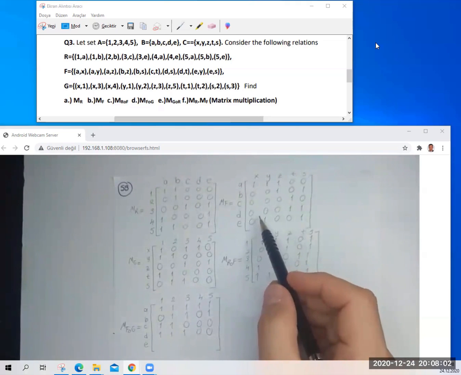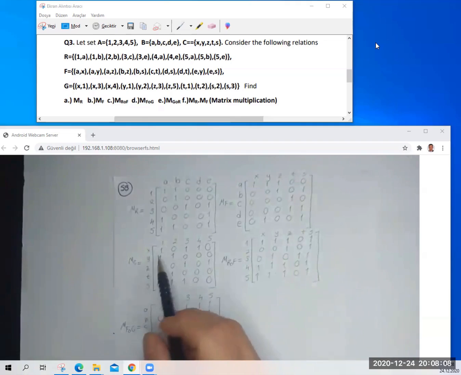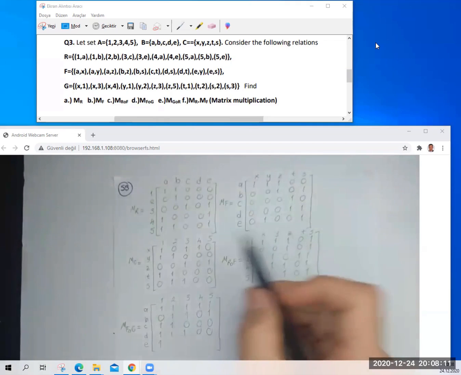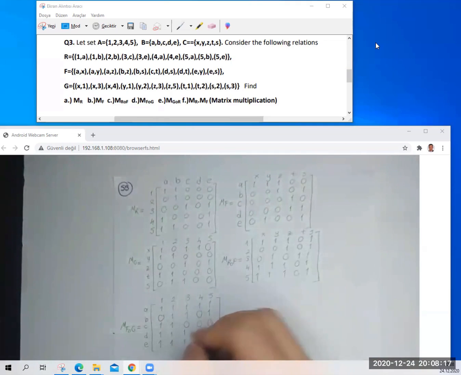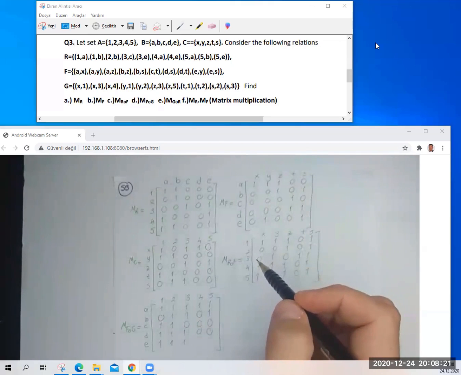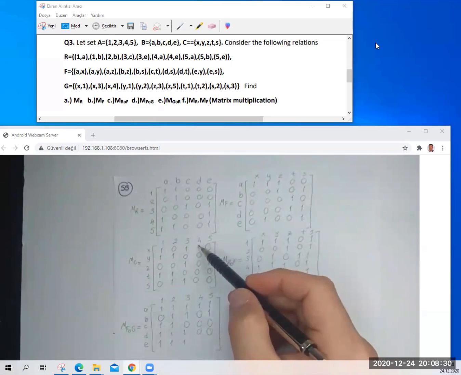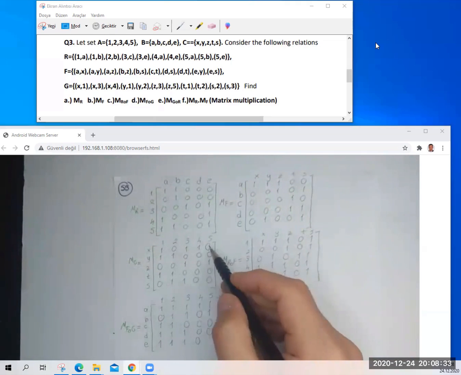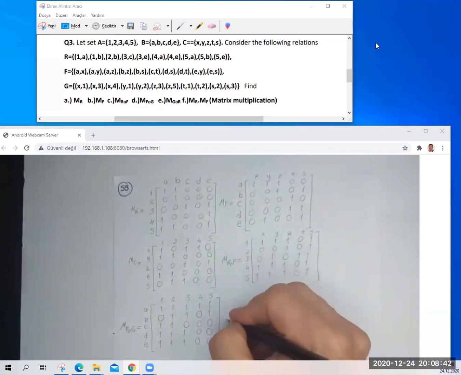And last one, I have 1 here and here, and second one, matching that one as a 1, and 1, and here is 1, and that one has a 0. I'm trying to make sure, and 0. Okay, this is my composition matrix, and next one is a composition matrix G